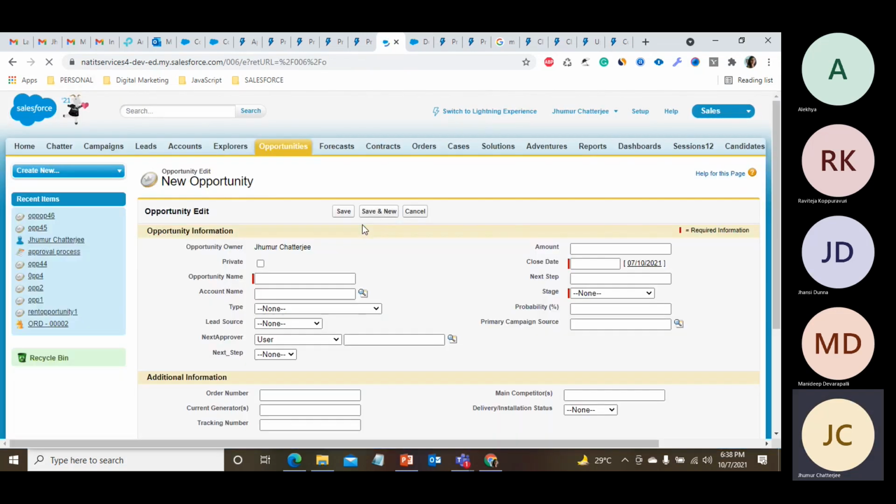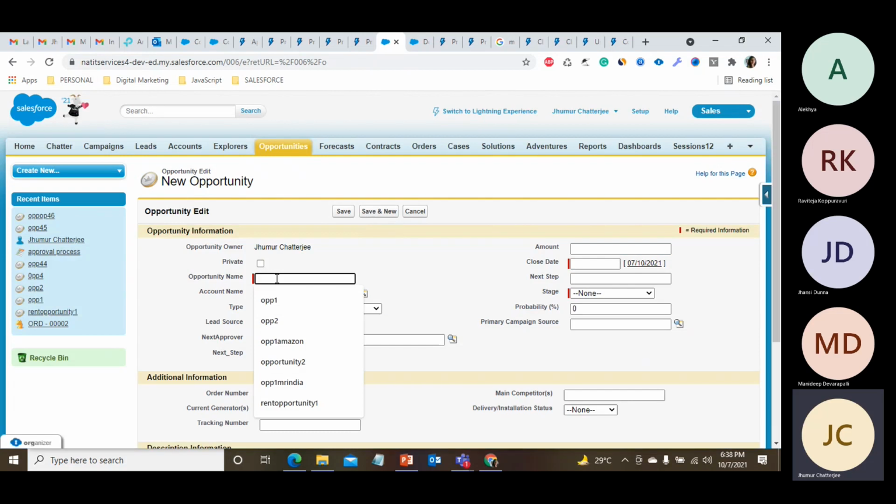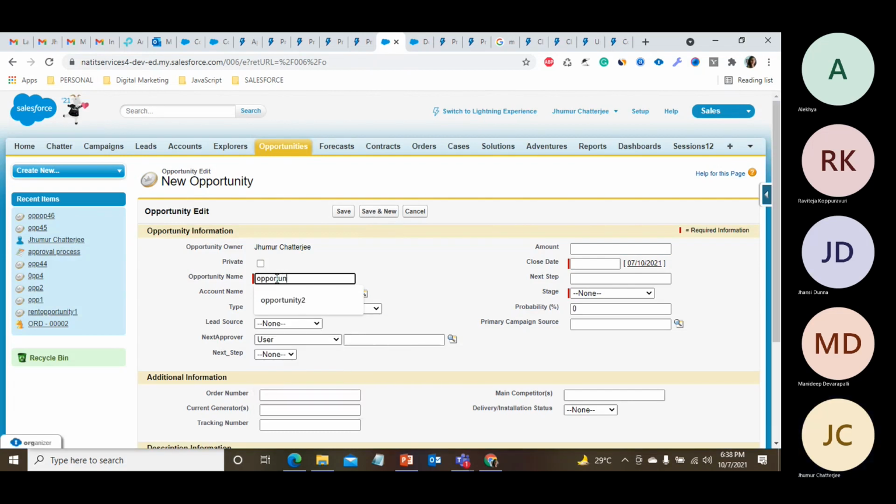For the opportunity, I am creating one opportunity here. For account, I'm not giving anything. User, yeah, I'm keeping myself.